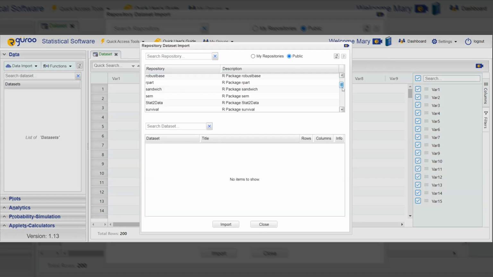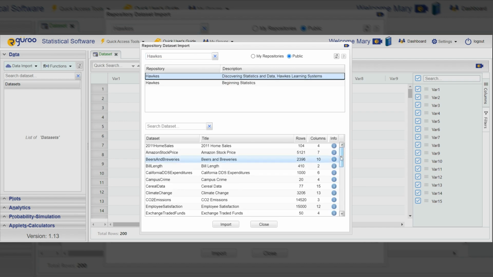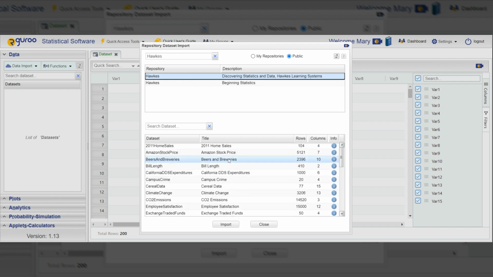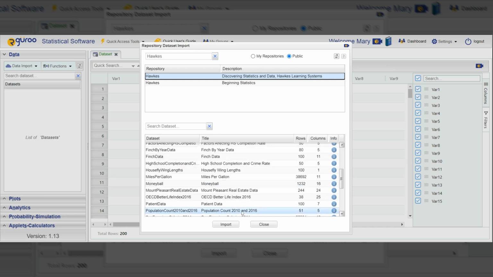So as you can see, I have lots of things here. When I narrow this down, I want to look for something within our textbook. So I'm going to type Hawks in. That's the author of our textbook. And there are two options here in Rguroo. I'm going to choose the first one, which is the title of our textbook, Discovering Statistics and Data. Once I click on that, you can see that many data sets have opened up down here for us to have access to. Today, I want to work with one called patient data, and these are in alphabetical order. So go about halfway down or so and click on patient data, import,